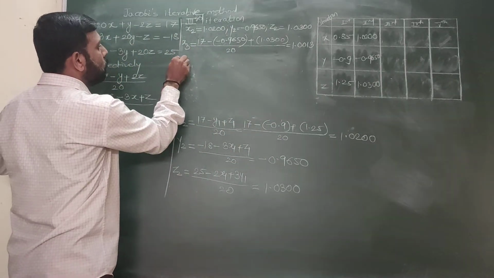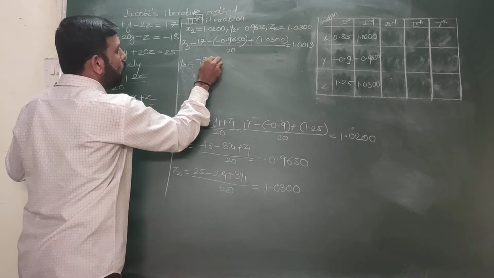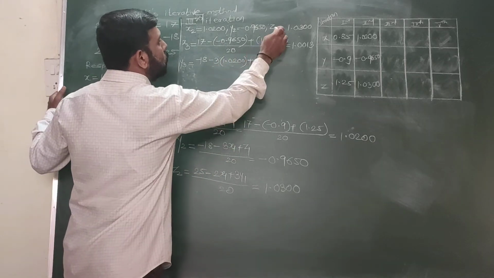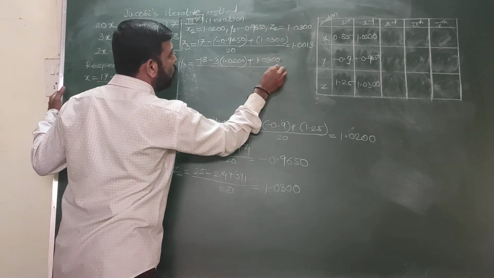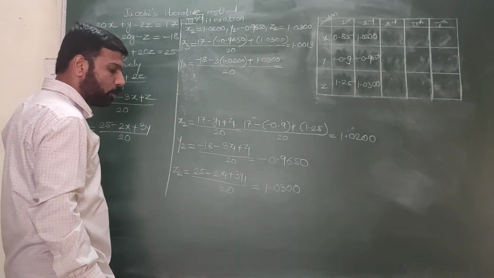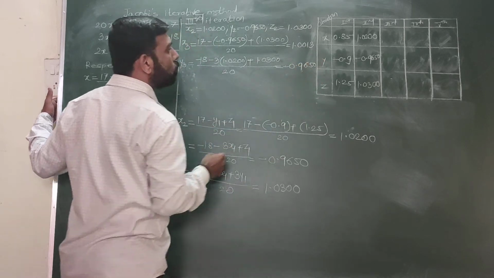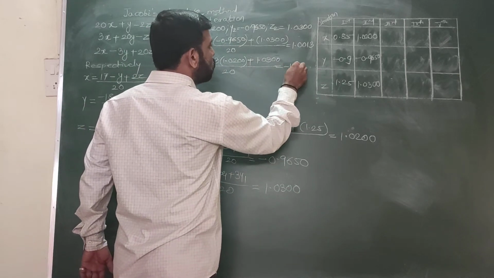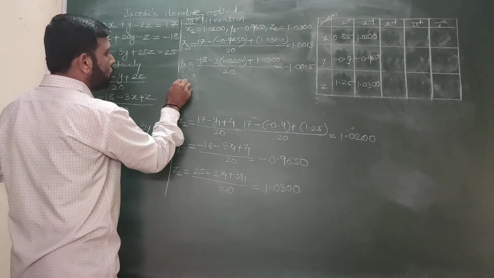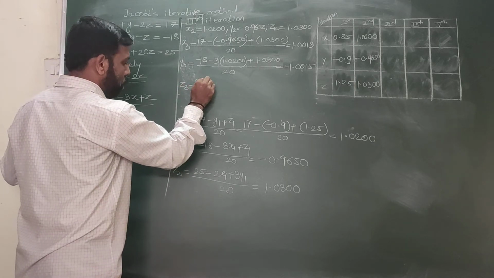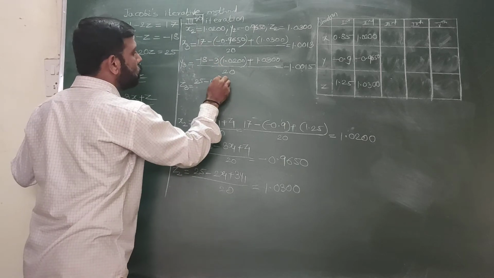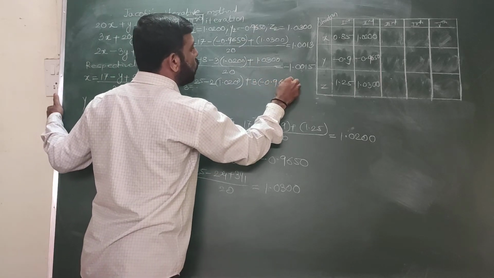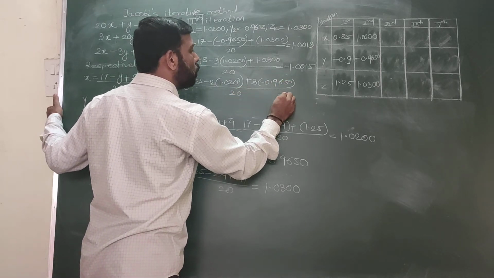1.0013. Next, y3, this formula: minus 18 minus 3x2, that is the x2 value here, plus z2 divided by 20 is equal to. Calculating this, minus 0.965, not that, I wrote the previous value actually, it is minus 1.0015. z3: 25 minus 2x2, the x2 value, plus 3 times the y2 value, minus 0.9650, divided by 20, and the output of this is equal to